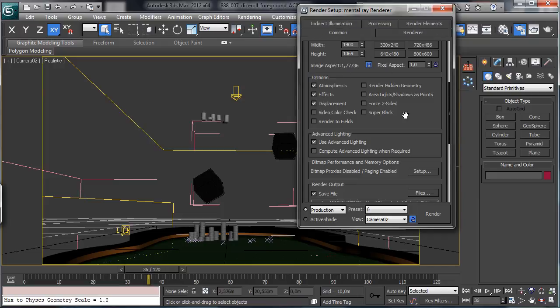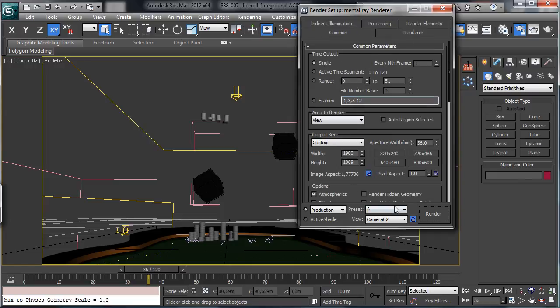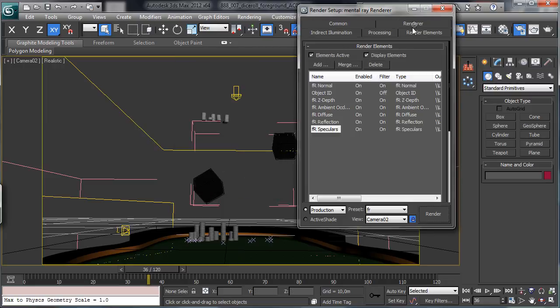So we have a different rendering engine, and we have different properties there, and we can go there and select final render, and you see it is saying that inside the preset we have just the render elements. If we have more elements, we can select which elements we'd like to import. Let's say load, and you see that we have the old configuration for the preset.